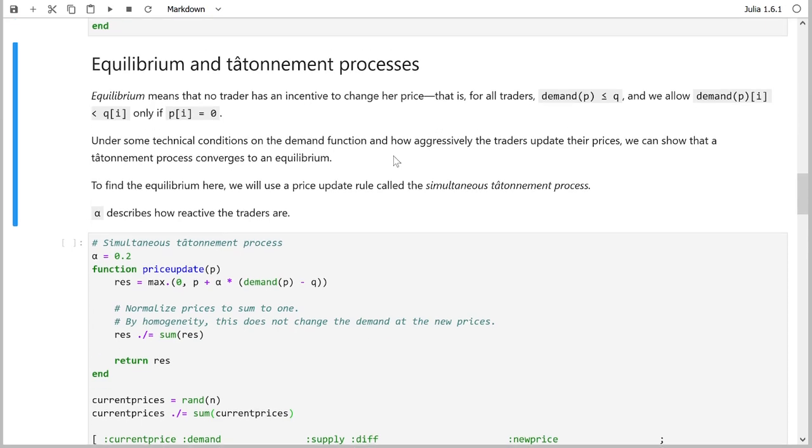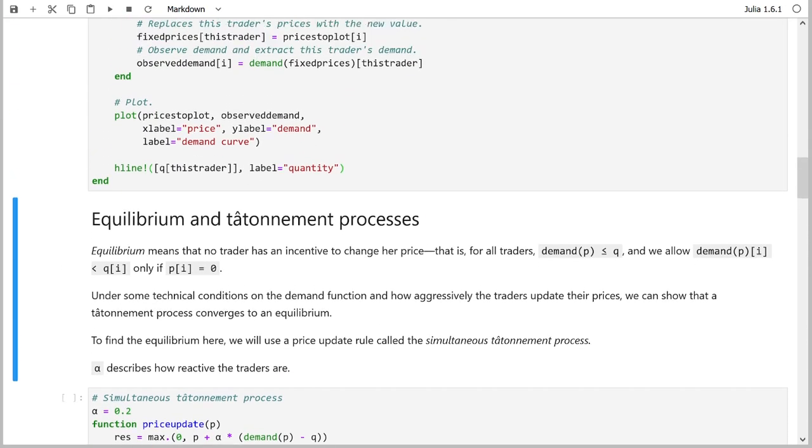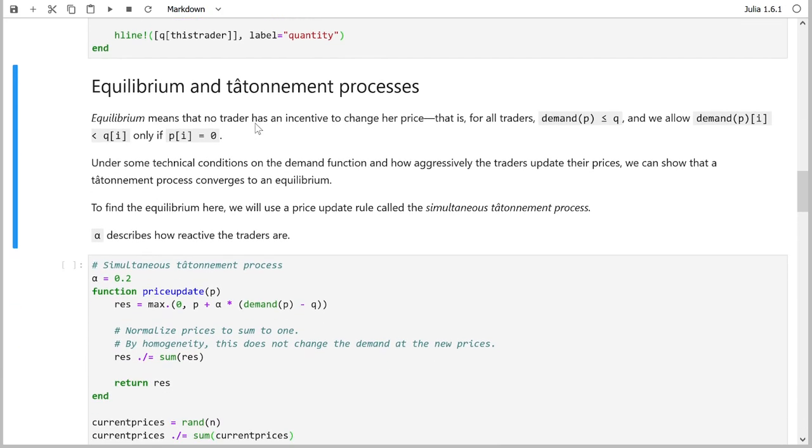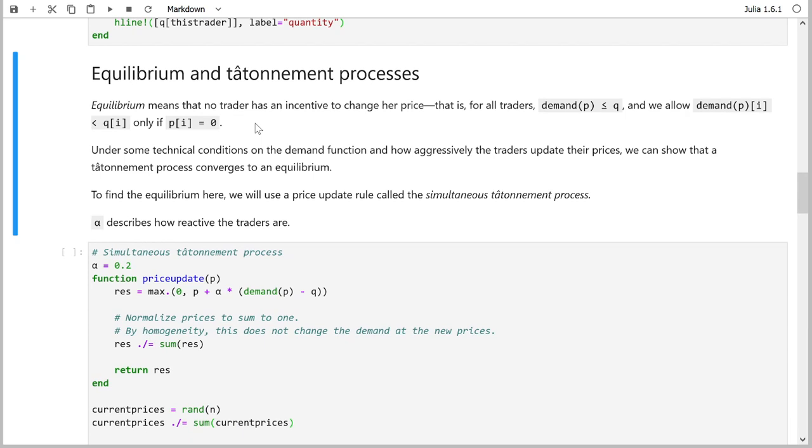So in part 2, we're talking about how to find the equilibrium given the market that we've set up. What equilibrium means in the case of this exchange economy is that no trader has an incentive to change her price. So the equilibrium is a vector of prices P that satisfies these two conditions. First, the demand for each trader has to be less than or equal to the quantity or the supply that she has on hand. And additionally, if this is going to be a strong inequality, that is, if the demand is going to be truly less than the supply, we're only going to let that happen